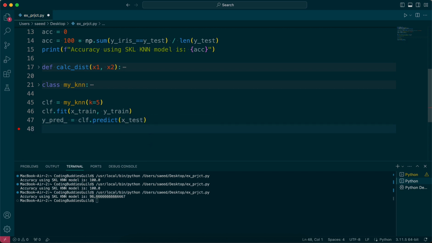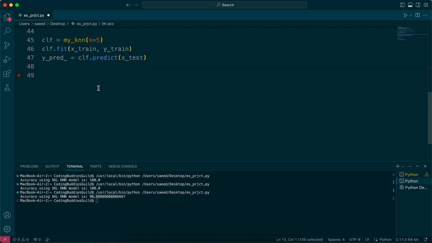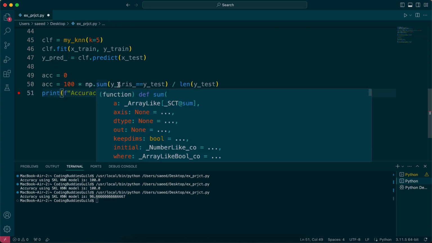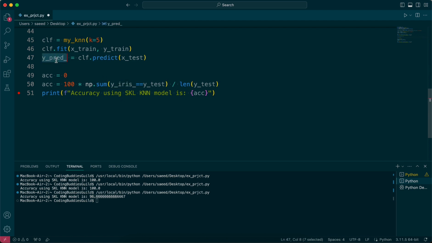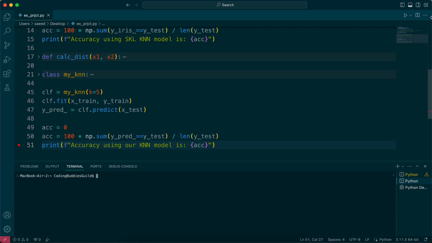And now that we have that, we can actually measure the accuracy. To measure the accuracy, I'm just going to copy this line so that I don't have to write everything over again. So accuracy is 0, numpy.sum, not yiris, but ypred underscore, wherever that equals ytest, then add 1, and then do the calculation, and then divide by length of test. And we have the 100 to make it a percentage. And everything looks good. And this is not the SciKit-Learn. This is our KNN model. And if I run that now,